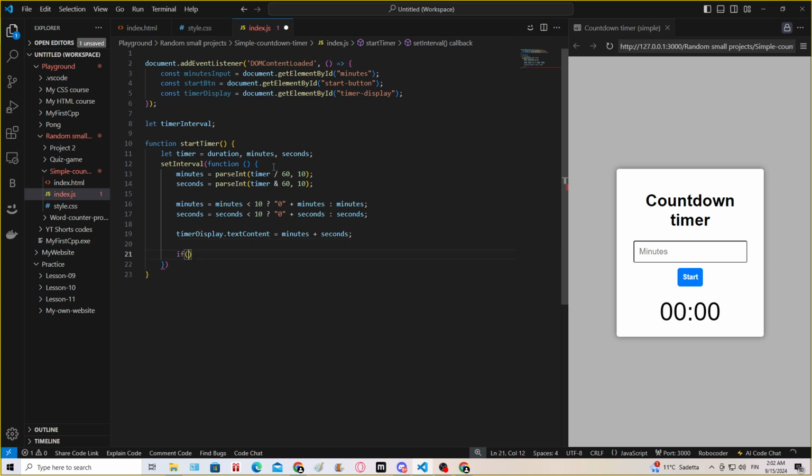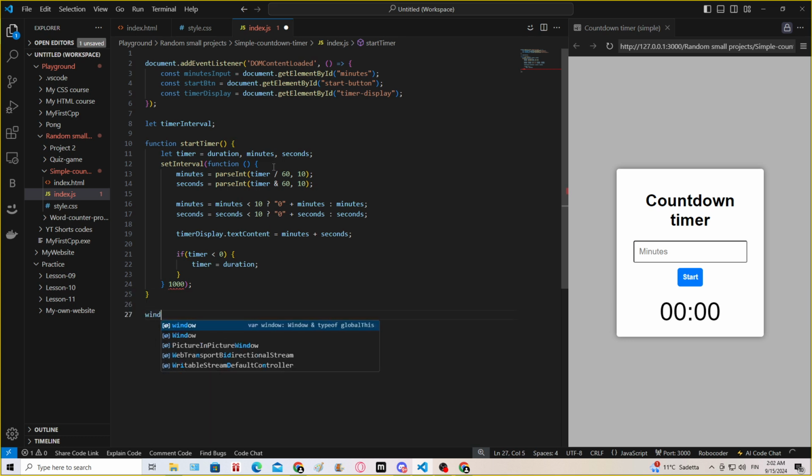Alright, and if the timer is less than 0, we will set the timer to be duration. Then we'll go here and here, say 1000, and here, and window on load function, and then we're gonna do